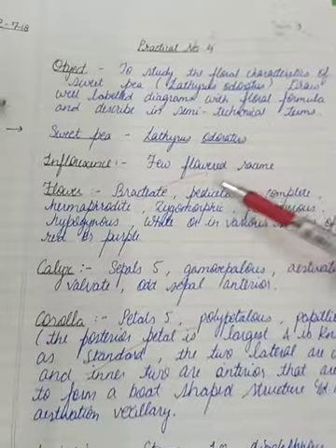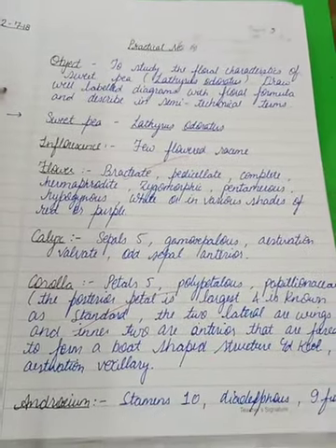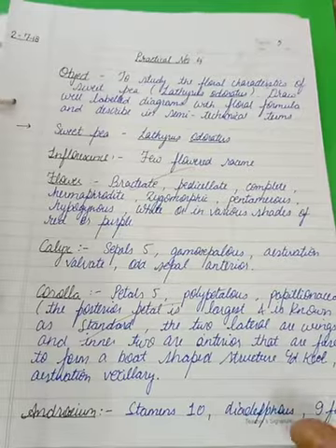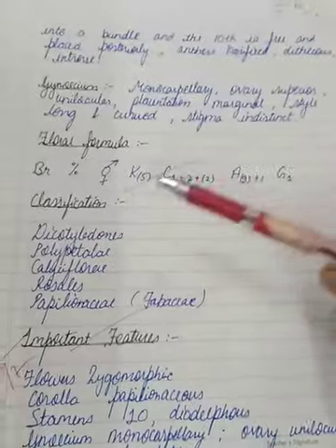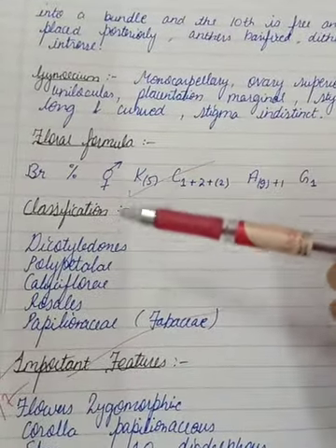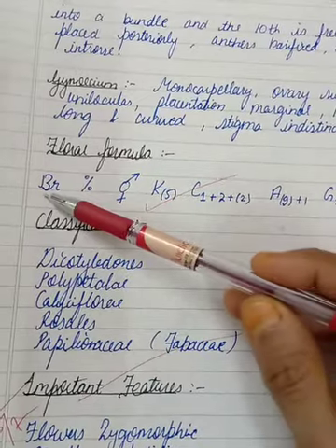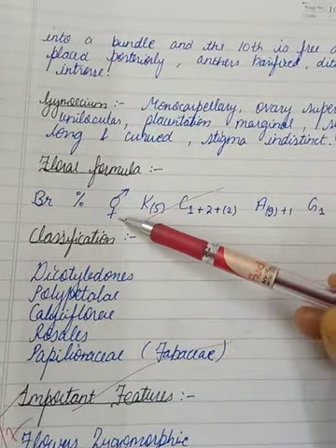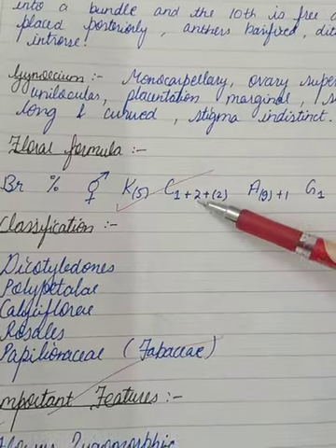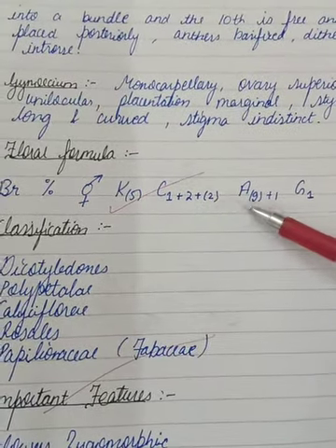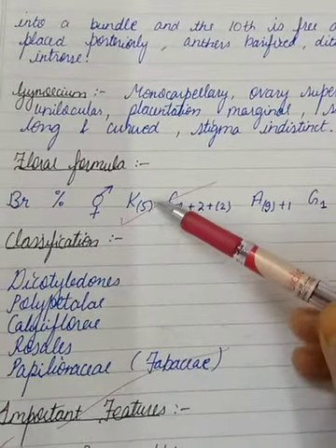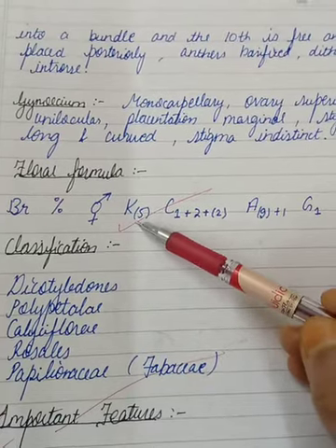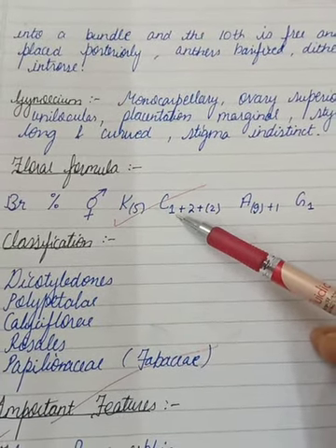After that, your work should begin like this, from inflorescence carried further, headings every time to be underlined and written in black ink, and continued like this. Floral formula, whenever you are writing, please pay a lot of importance to whichever alphabet is capital or small, the right signs that we use. What is in a bracket, what is not in a bracket should be very carefully written and checked. Bracket when you're writing means gamo condition or a fused condition, and without bracket means they are open. So that has to be done technically, and it does mean a lot.